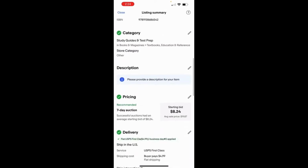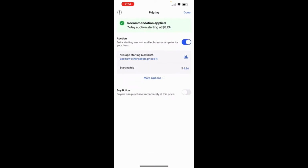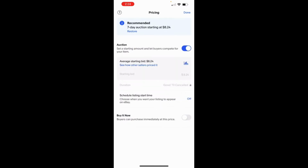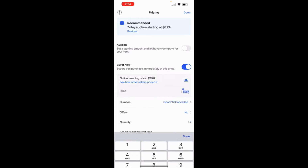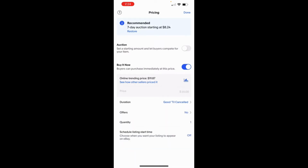All right, guys, so the next thing you want to fill in is your pricing right here. So I do not do auctions. I like to do buy it now. You would just click buy it now. If you do want to auction, then you would click the auction button. And then if you want to do buy it now, you would leave it at buy it now. You'll just click this gray area a few times until it comes up, put the price that you want, and then